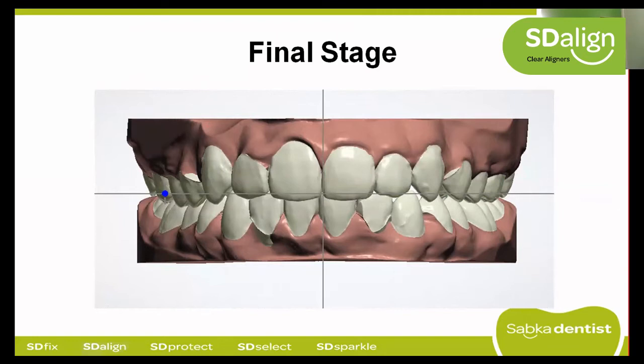So if we want to plan this in detail, we also have an option for adding the CBCT data, and we can make a customized torque option or a torque finishing in the case as per the requirement. So we have an option in the 3Shape software where we can take the CBCT data. Also keep that in mind when we are trying to move the roots or add torque in the final stage. Now to execute this at the aligner end, we also have torquing auxiliaries in the form of pressure points or pressure ridges, which is also known commonly as power ridges.